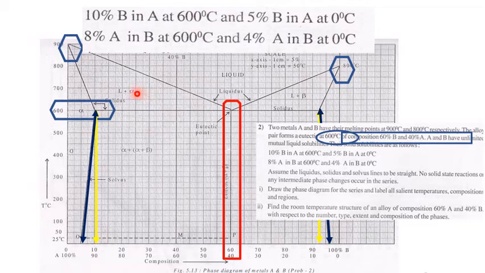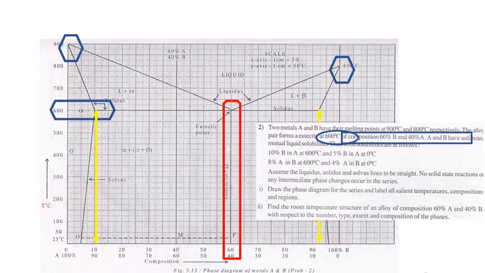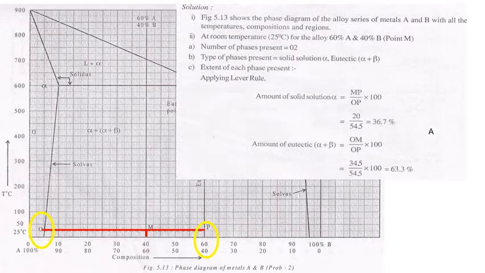Whatever liquid solidifies will become a eutectic mixture, that is alpha plus beta. So here also beta will be there, that is proeutectic beta, and the liquid will solidify into alpha plus beta. At exactly the eutectic composition and eutectic temperature, the liquid will solidify into alpha plus beta, which is a eutectic mixture. So all these are salient features which we have to mark. That is the first condition they have asked. What is the second condition?